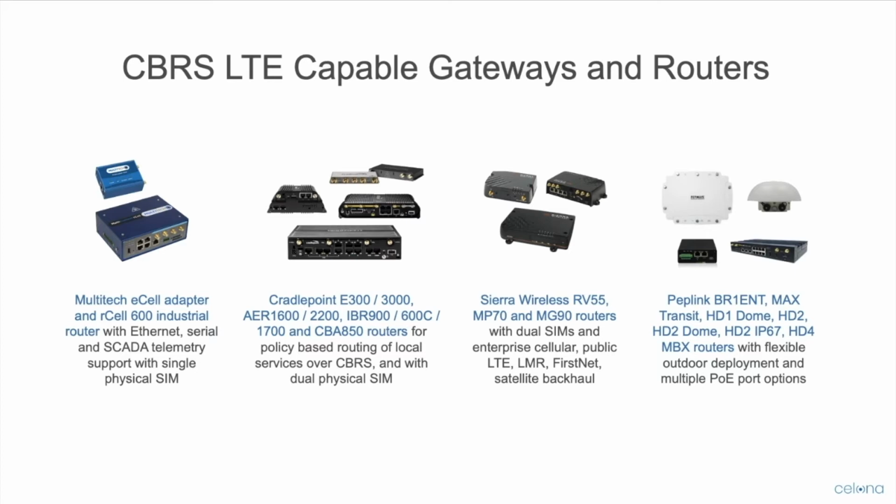Sierra, again, is another vendor with a strong pedigree in mobile, a lot of vehicle-based systems, ruggedized systems that can be used in industrial scenarios on vehicles. And you'll see there, we mentioned FirstNet. There are actually many FirstNet capable devices out there that will operate on CBRS,